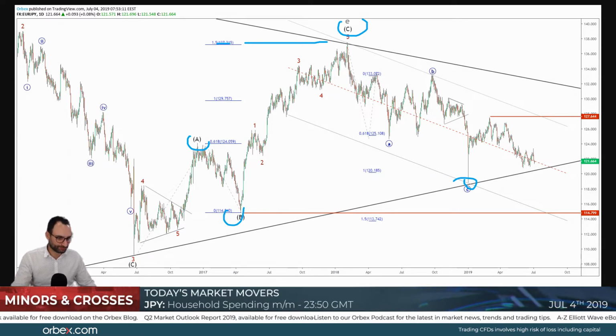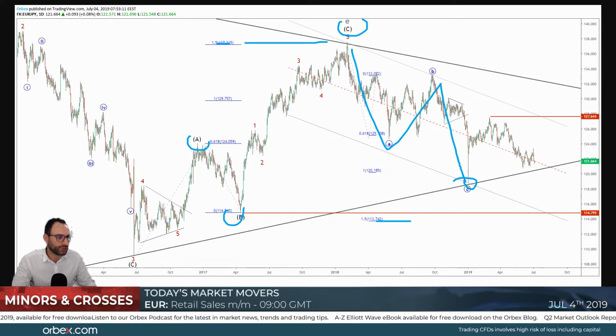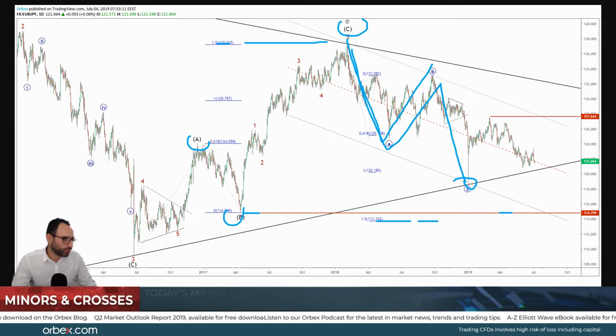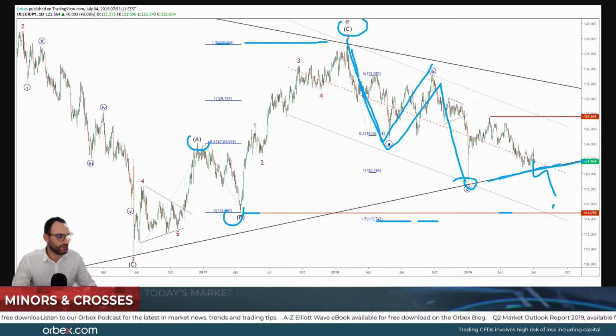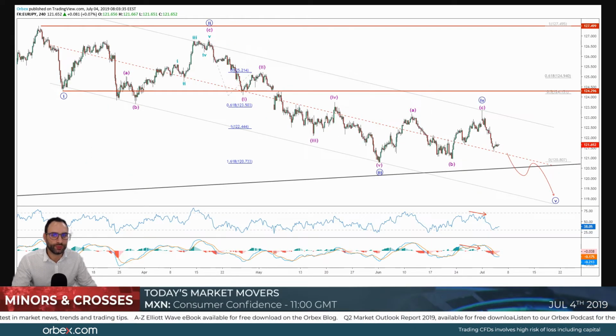We could be getting down to around 113, if we pull the extension between wave A and wave B. We could be getting around 113.75 or 114.80, which is the end of wave B. Nevertheless, I would be expecting prices to soon start moving below this ascending trend line for another move to the downside. Now, if we go a bit lower on the 4-hour chart,